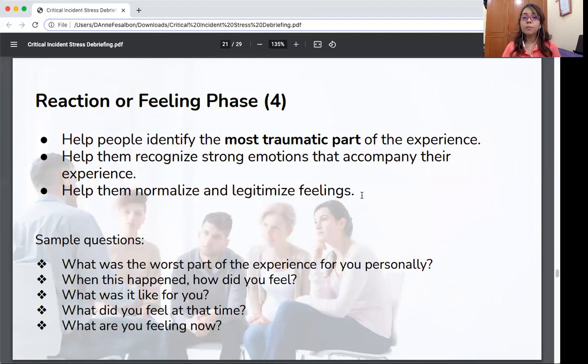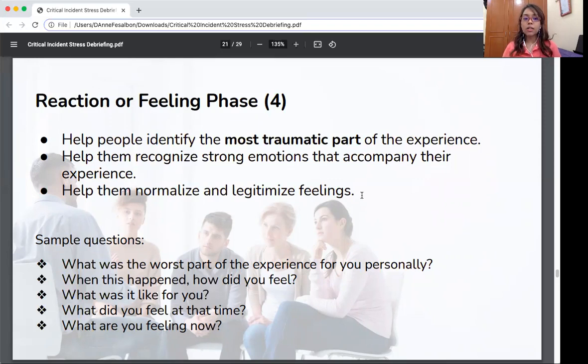This is where we help people identify the most traumatic part of the experience. We help them recognize the strong emotions that accompany their experience. Some of these people may be confused and may feel like it's not normal to feel a certain way. So this is basically where we validate them and normalize and legitimize whatever they're feeling. So some of the questions you can ask here are